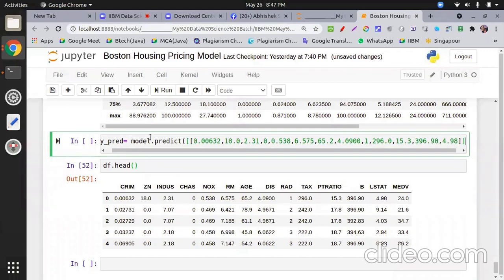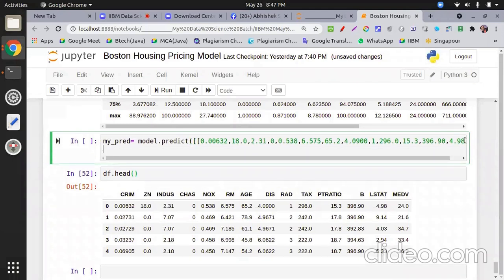Alright, so I got this value. Then I print the predicted price. Let's suppose this is real-time data: the price on the given data.